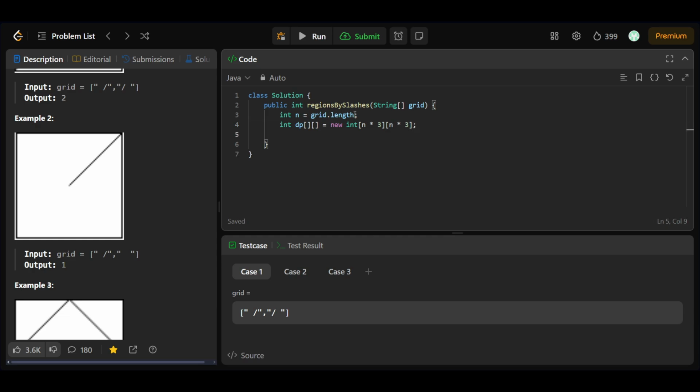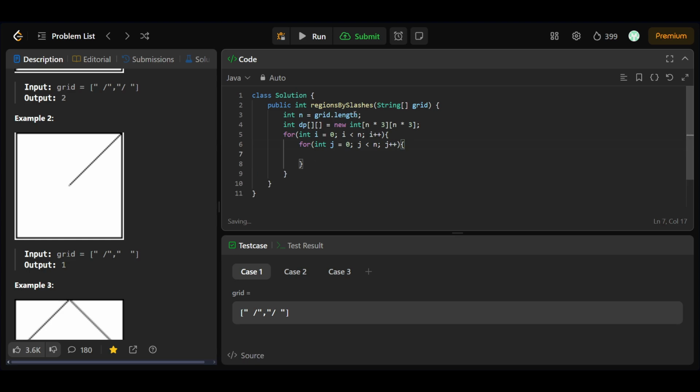Now let's fill this dp array: for int i equal to 0, i less than n, i plus plus, then for int j equal to 0, j less than n, j plus plus. Then we'll check that if grid i dot char at